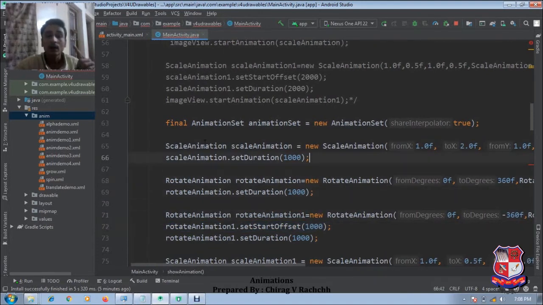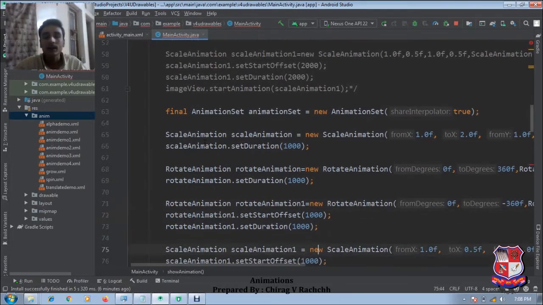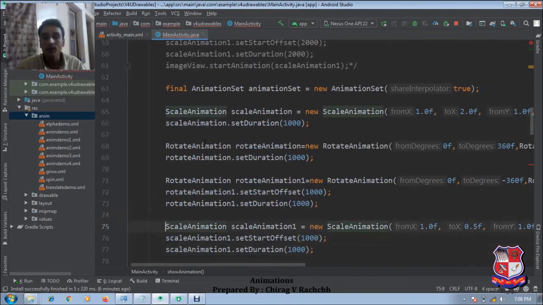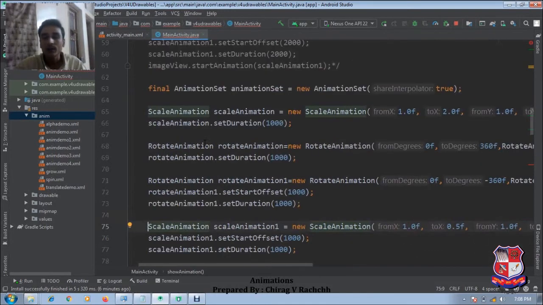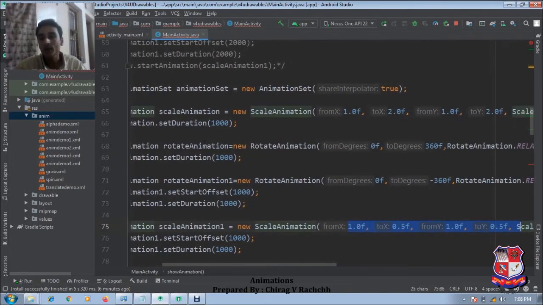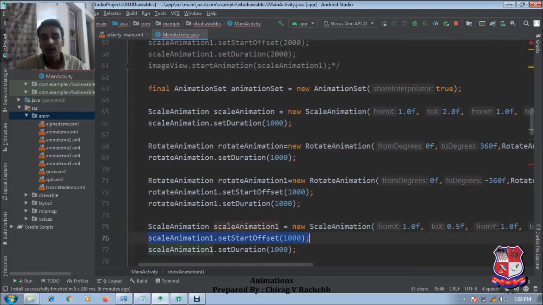It means the first two operations will be performed first. After their completion, this operation will start, which rotates in the backward direction. It will take 1 second. And another scale animation decreases the size of the object to its half size, and it also has an offset delay of 1 second, and its duration is 1 second.